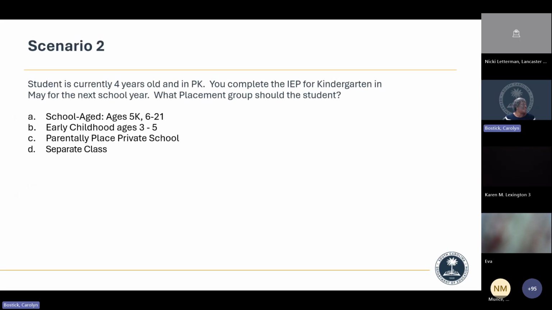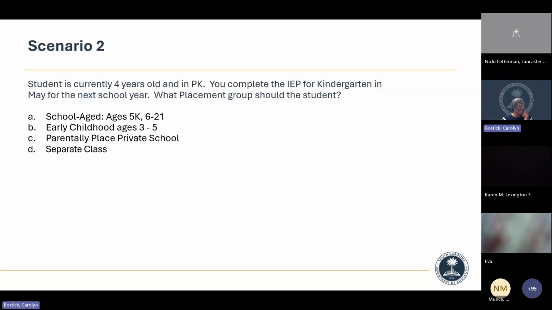Next up, student is currently 4 years old in pre-K. You complete the IEP for kindergarten in May for the next school year. What placement group should this student be? We have A, school age. B, early childhood. C, parentally placed private school.